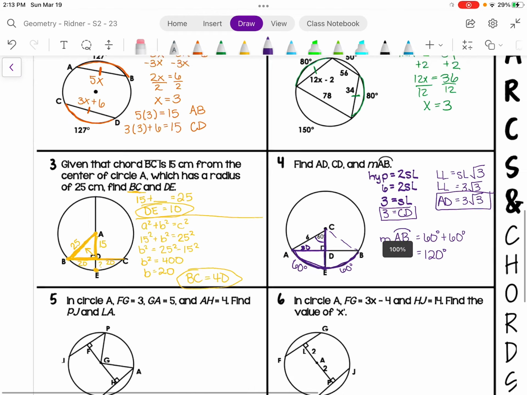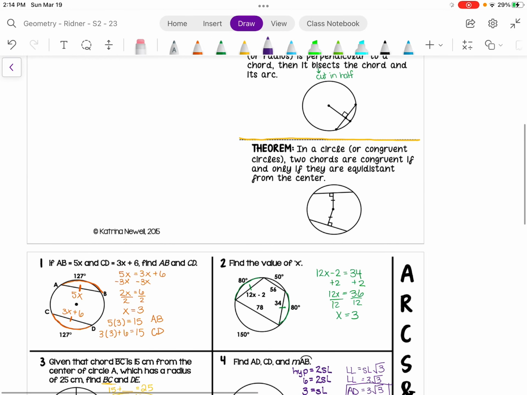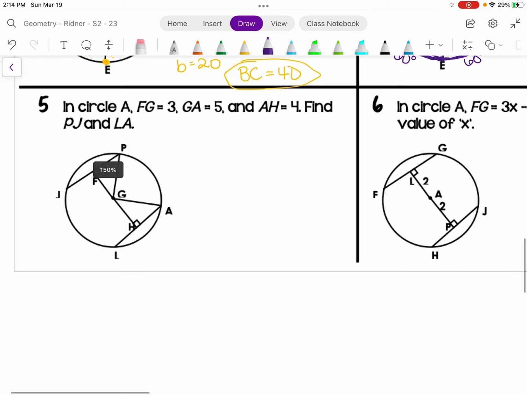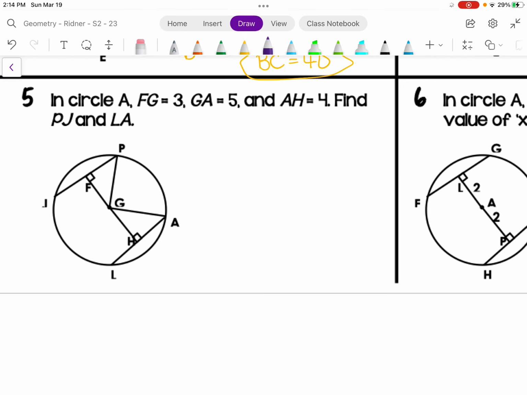All right, and the last theorem. In a circle or congruent circles, 2 chords are congruent if and only if they are equidistant from the center. So what does that mean? In this example,